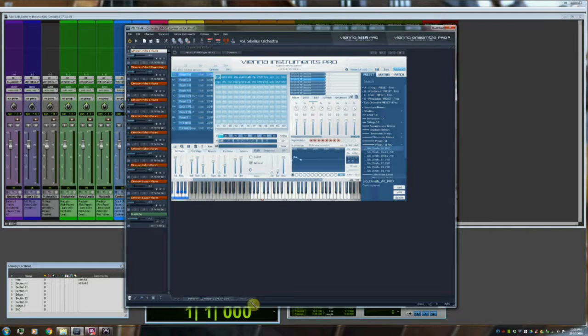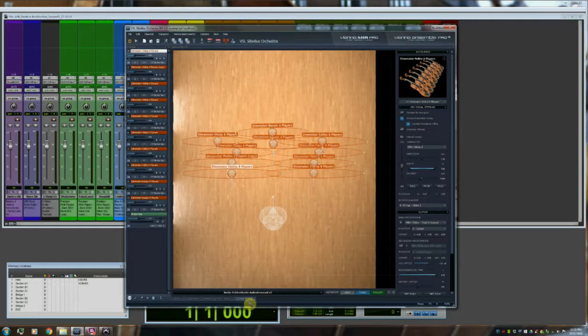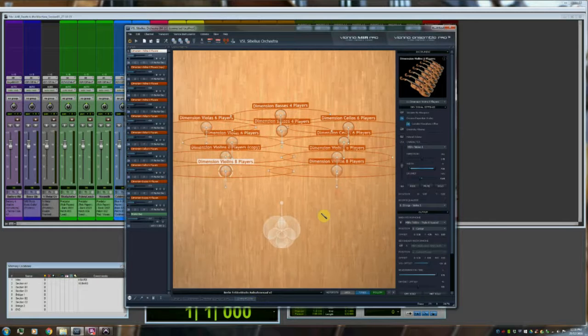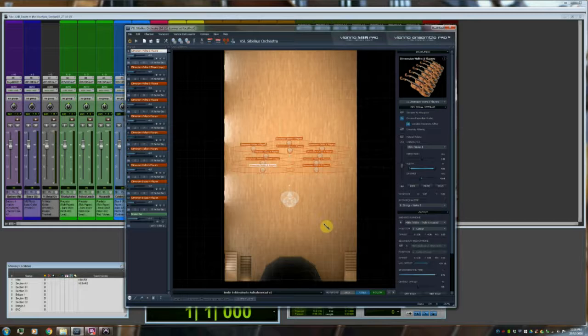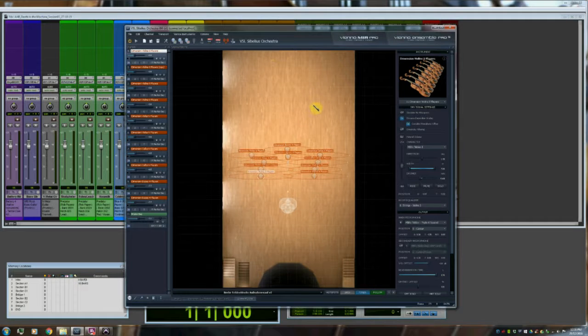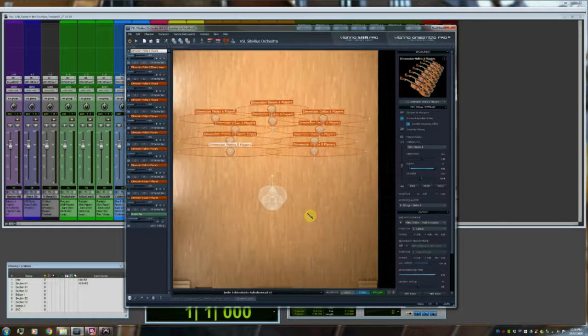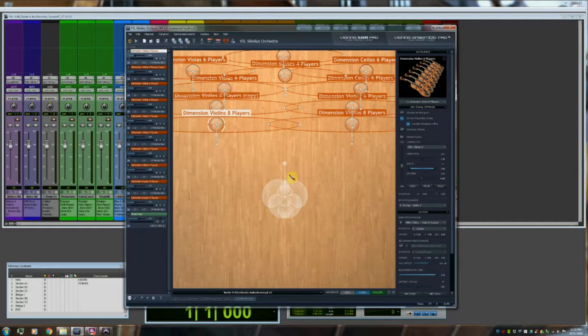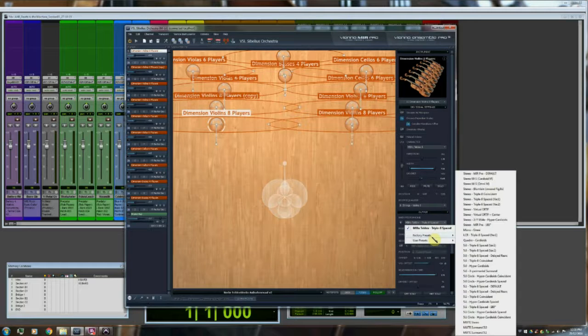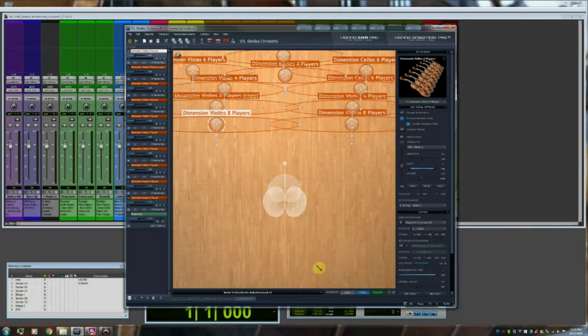For the reverb and ambience, I'm using Vienna MIR Pro, which is a multi-impulse response convolution reverb. And in this case, I'm using the Teldex Hall, which is a film scoring stage in Germany. And here you can set up your microphone recording setup. Now it's got heaps of different options to choose from, ranging from different mid-side arrangements